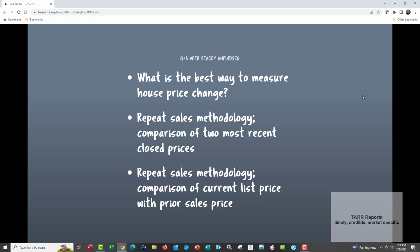There's two methodologies. Actually, it's the same methodology. It's just two different data sets. They're both repeat sales methodology, which means it's the same house. 100 Jones Street sold on January 1st of this year, and it sold January 1st a year ago. Compare those two points in time and the prices. The second one is using current list price with the most recent sales price on that. And we'll talk about why that may be a better real-time indicator of what's going on